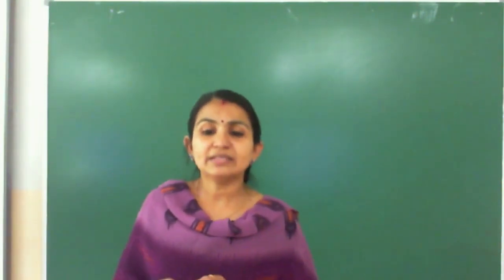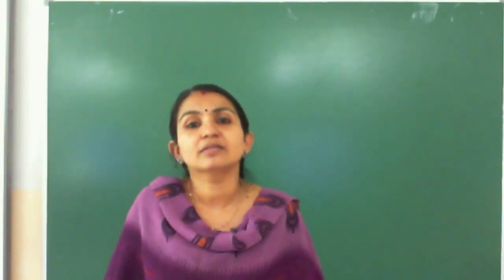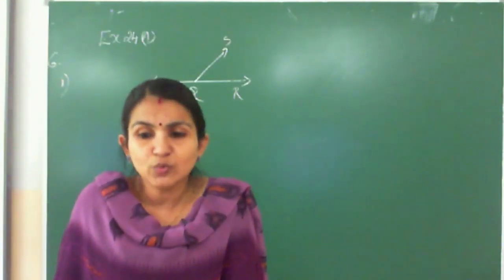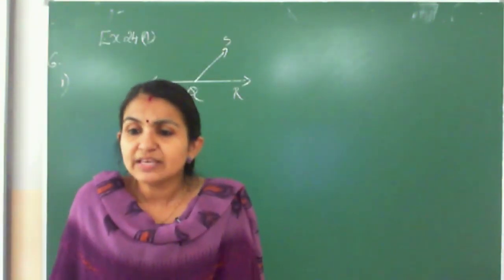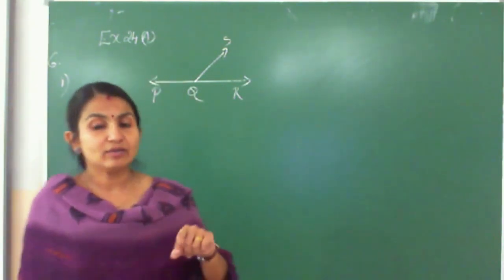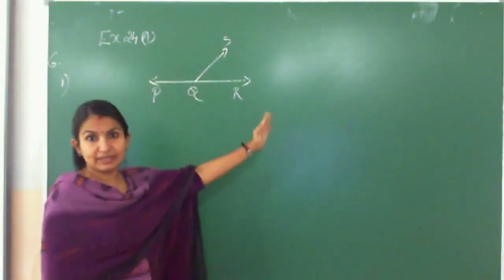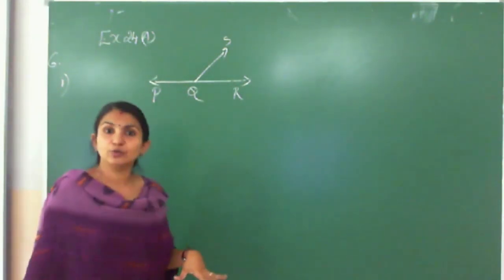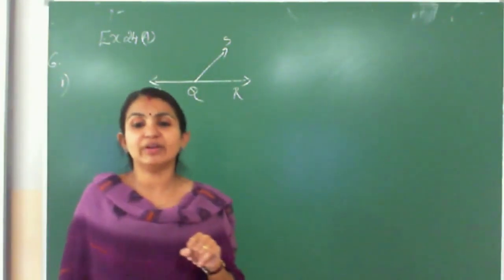Okay. So exercise 24A. In that, the 6th question, and in that only the first one we are going to do now. It's given that P, Q, R and S. Whenever you get a question, just draw it on the right side, and on the left side we will do the problems. So what all things are given there?